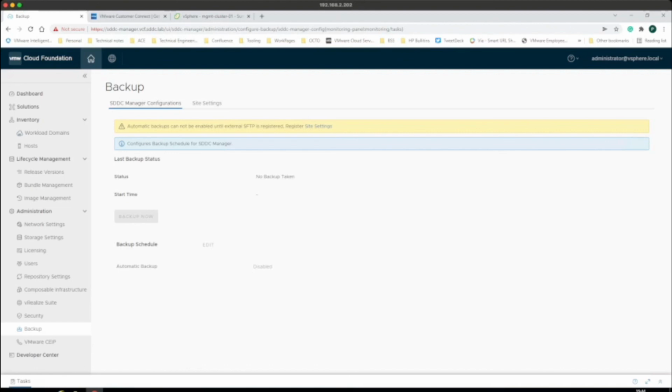Taking a backup of SDDC Manager is really important, and the backup needs to be at a certain timestamp or a certain step with the vCenters and with the NSX managers. As an example, if we restored SDDC Manager and it was restored 6 hours ahead of what the restore for the NSX manager is, there may be actions or events that SDDC Manager is expecting in that NSX manager, maybe even configuration changes that aren't there, and that could cause a number of challenges. So having them within a short time step of each other is definitely recommended, and there's a lot more guidance available on the VMware website. And again, we may do a more detailed